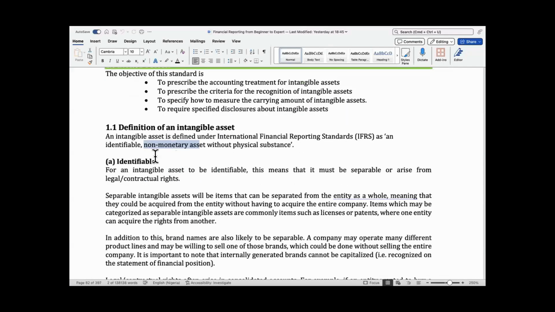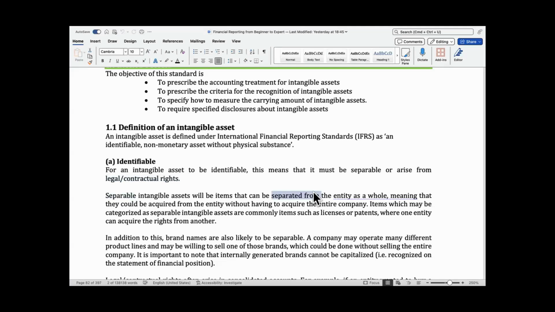So the first element of this definition is that an intangible asset is an identifiable asset. And what that means is that it must be separable, or it must arise from legal or contractual rights. That is identifiable. So if an intangible asset is separable, what does that mean? It simply means that the intangible asset can be separated from the entity as a whole,